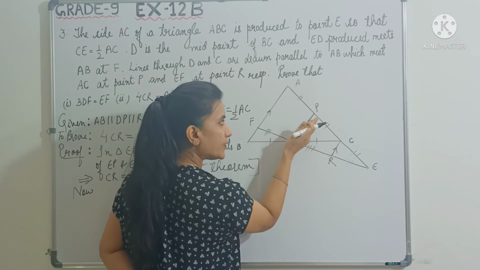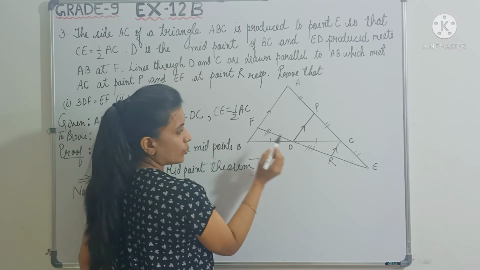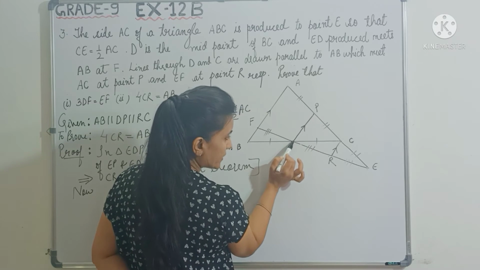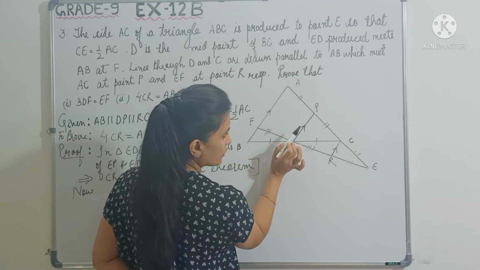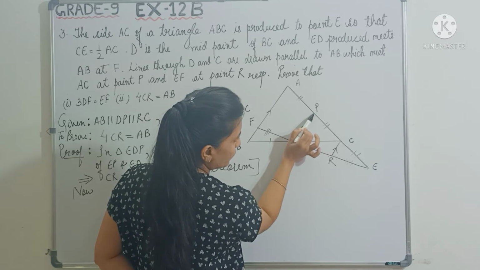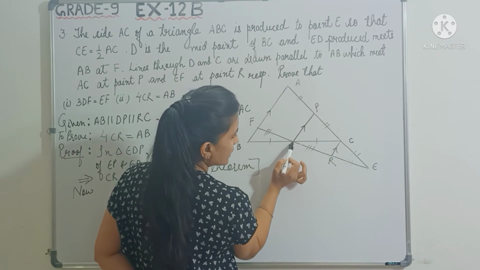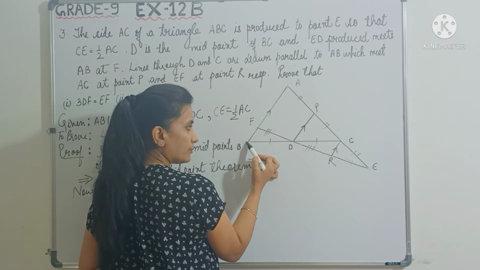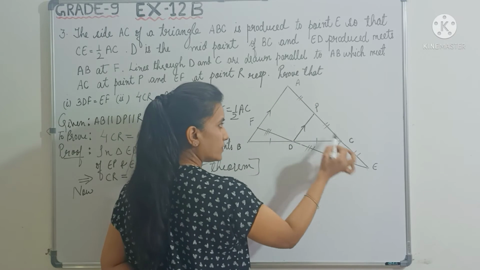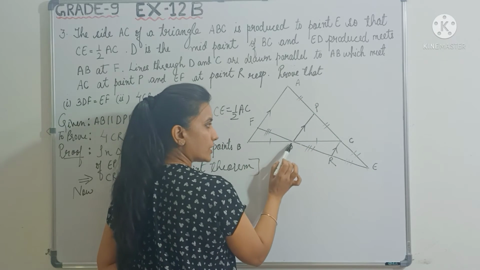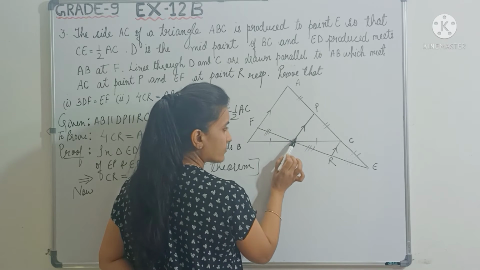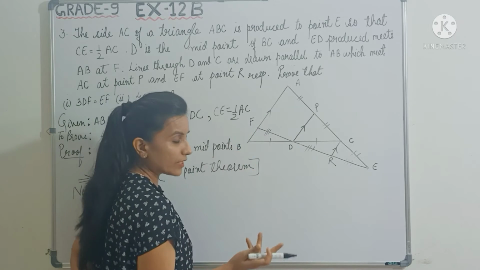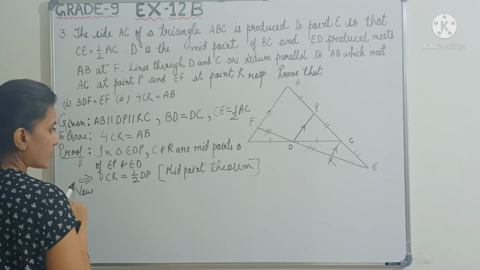Let's see how DP is connected to AB, right? So if you see here, DP is the line segment connecting the midpoints of which sides of the triangle? So P is the midpoint of CA and D is the midpoint of CB, right? It means we have to take triangle BCA. In this triangle, these two midpoints are given. So the line connecting these two midpoints will be equal to half of the third side, which is AB. So again we have used midpoint theorem, right? So let's write down this much.